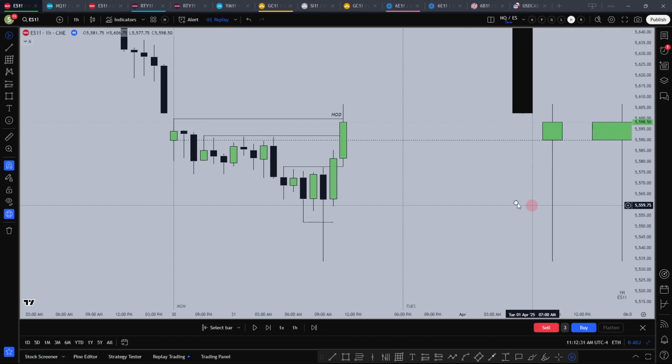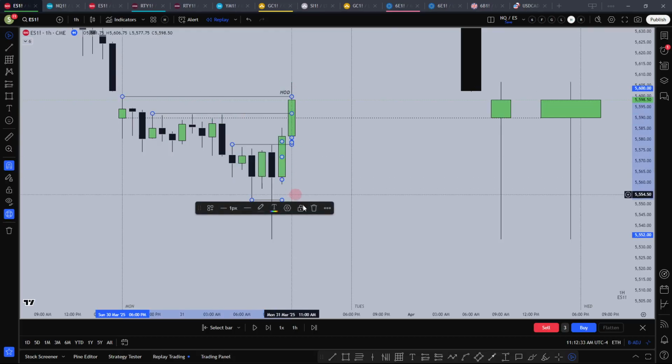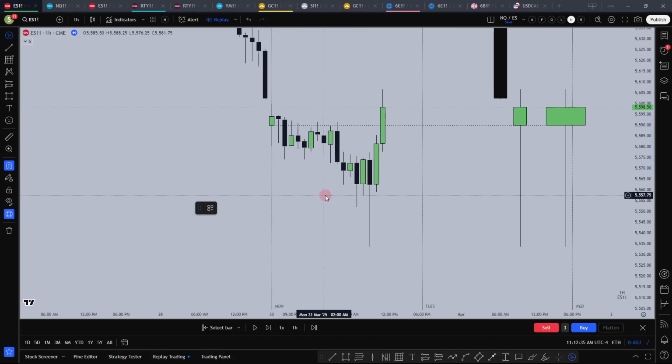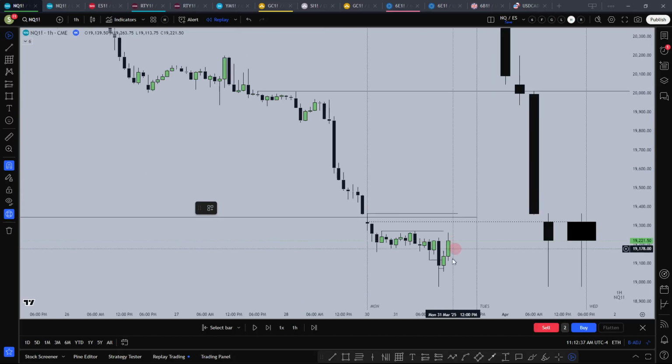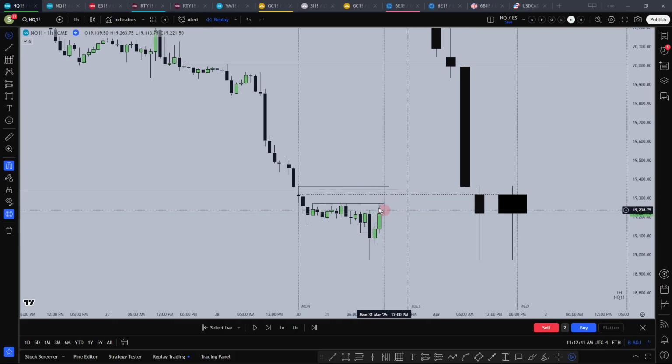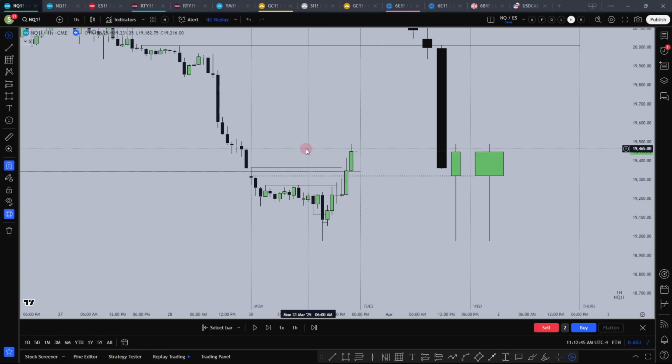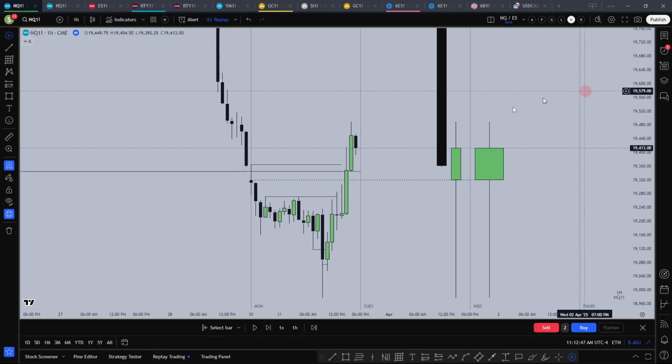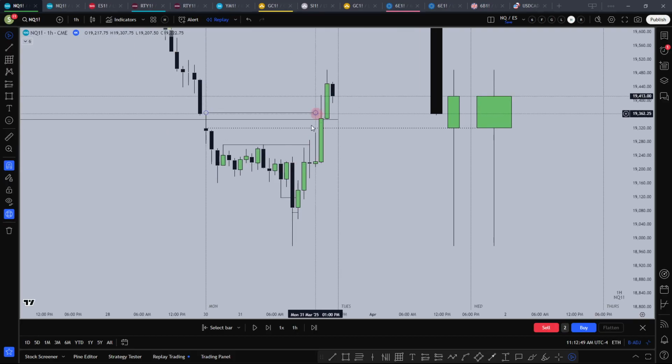A bit tricky of a day, but if you have the skill, then you can frame it. NQ being the weaker asset, I still do think it reaches there and maybe even has the day. Who knows? I didn't think it would reach in the same day, but I did think it would reach here at least. But that's why you long the stronger pair, you short the weaker pair.